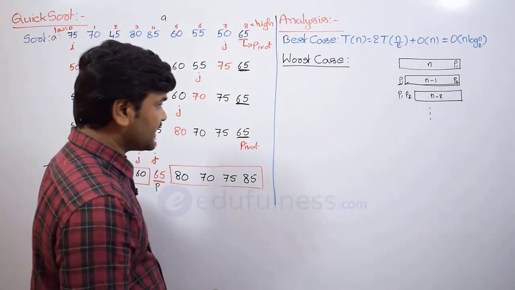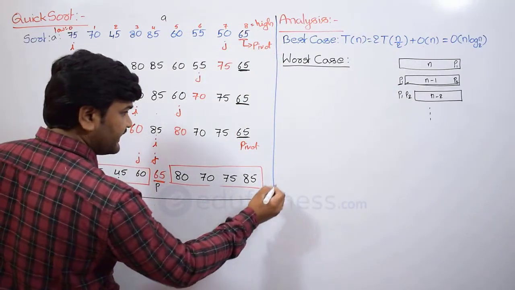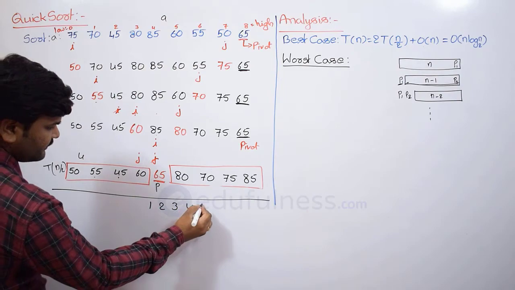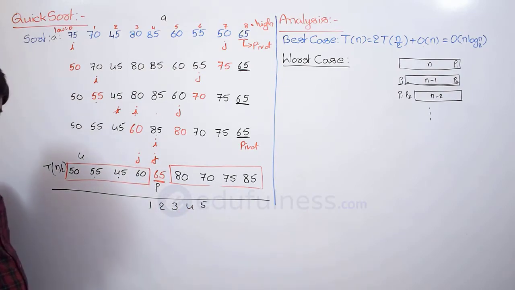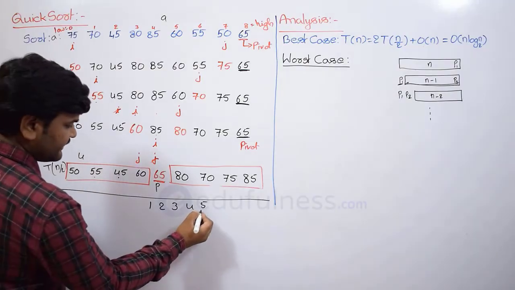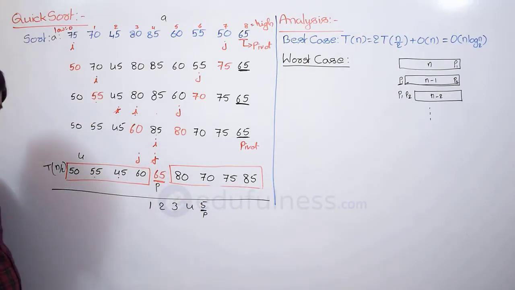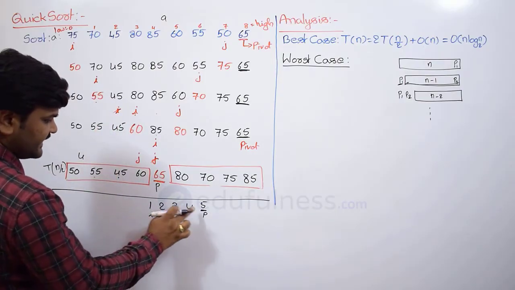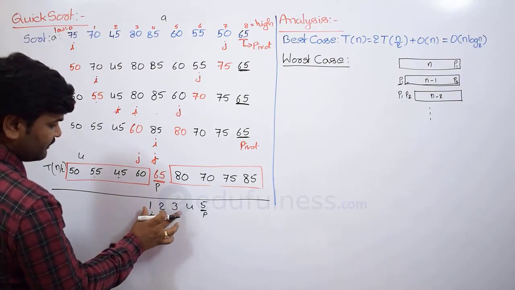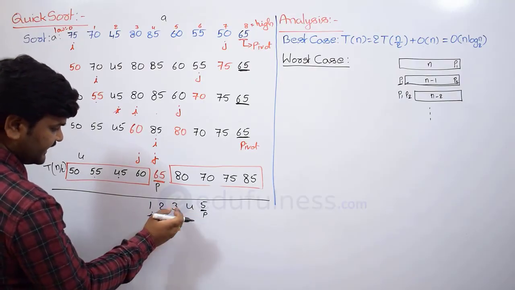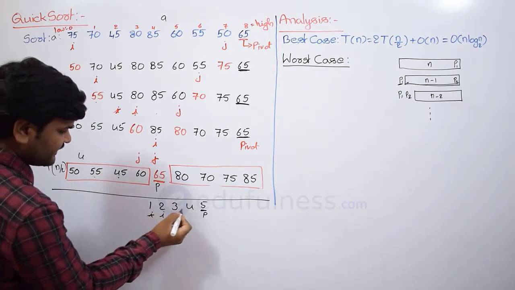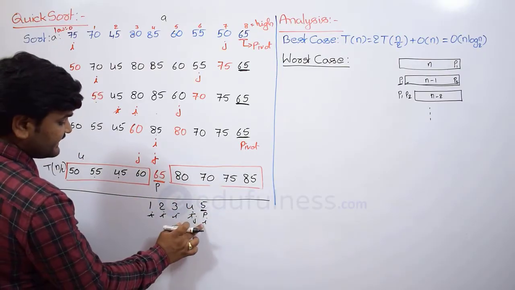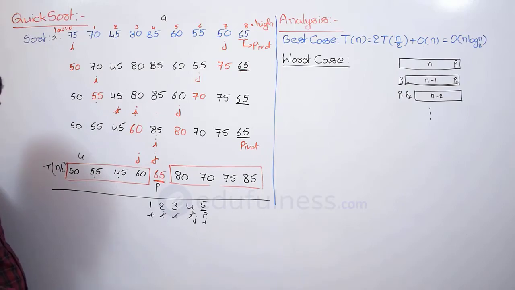When is this going to occur? For example, if I have elements that are already sorted, 1, 2, 3, 4, 5. If my elements are already sorted, what is going to happen? If I select 5 as the pivot, I take this as I and compare with 5. 1 is less than 5, so move to the next. You stop only if you find an element greater than 5, but every element is less than 5, so I keeps moving, j is here, then I came here. Whenever I is greater than j, you stop. Then what do you do?